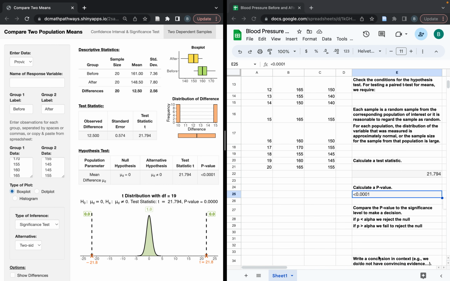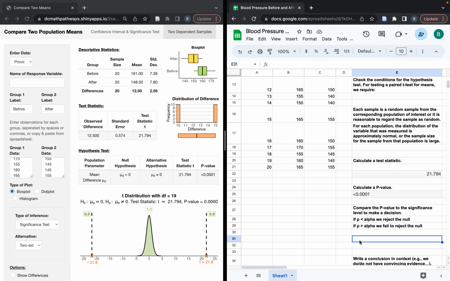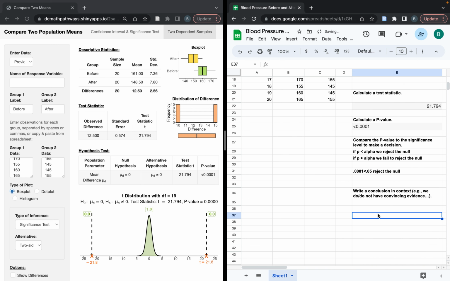So since our p-value is less than, so 0.0001 is less than 0.05, we reject the null. And that tells us that we do have convincing evidence that there is an average difference of blood pressure after taking the medication. Or you can say there is evidence